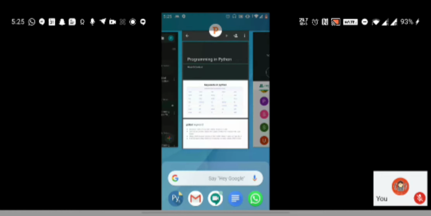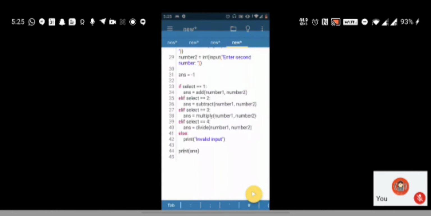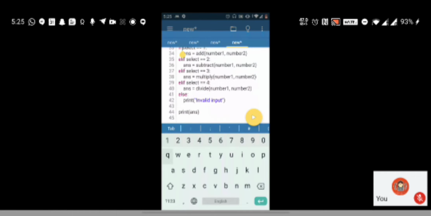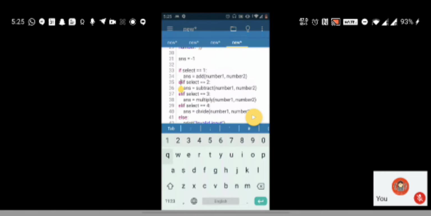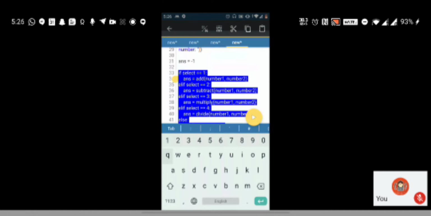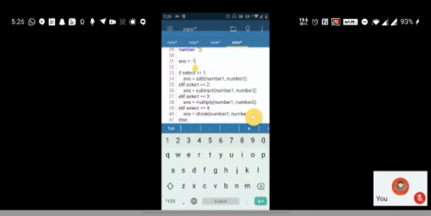Ma'am, why did you change the value of ans? That is because I just wanted to see that the if else condition will get executed first. This part of the code will get executed first, and according to the selected if or elif condition, ans will get modified. Initially I had ans is equal to 0.